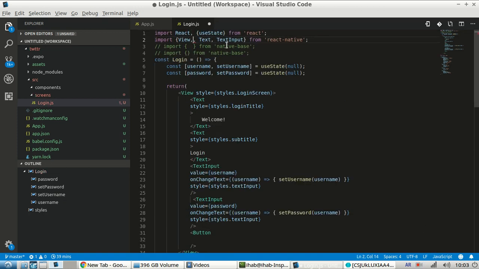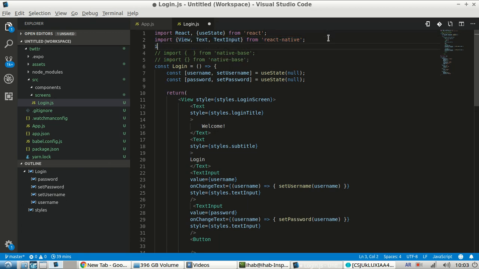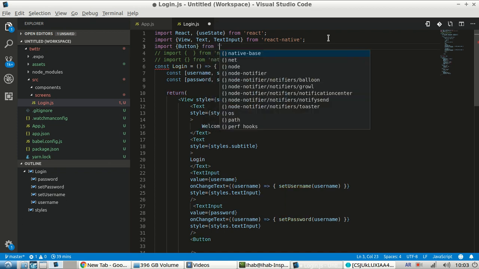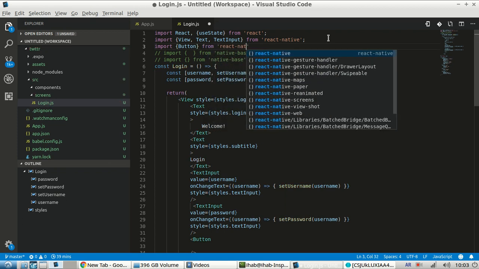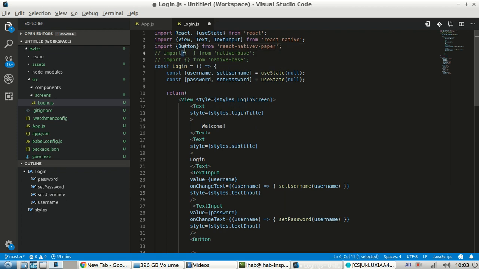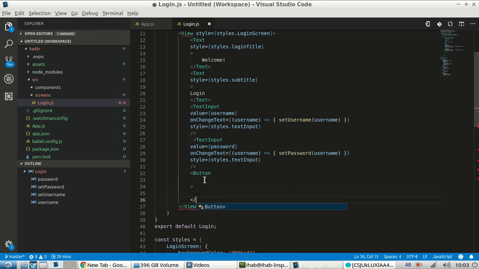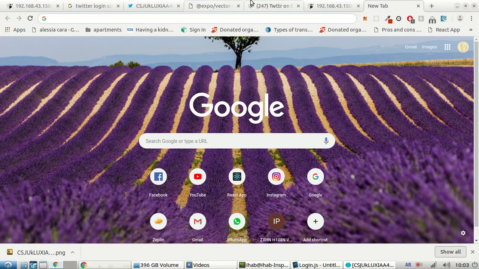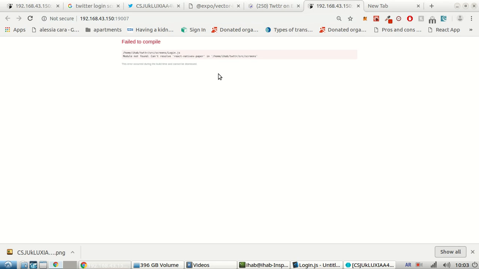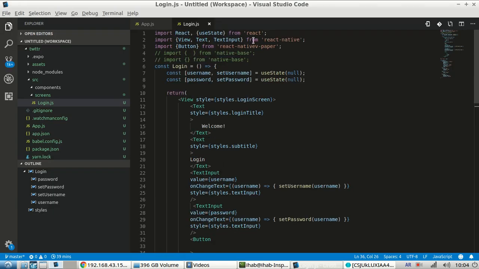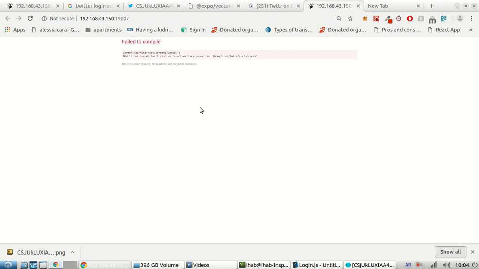So I decided to import React Native Paper because we wanted to use, or should have used, the title property here, but that's not what I was going for with this button. So for now, let's just say text login and re-render this and see what happens. Oh, I wrote native. Okay, so